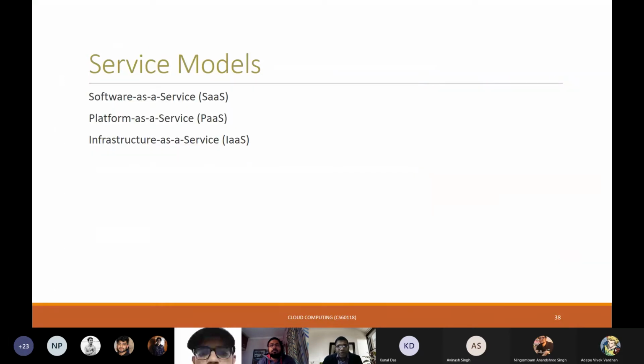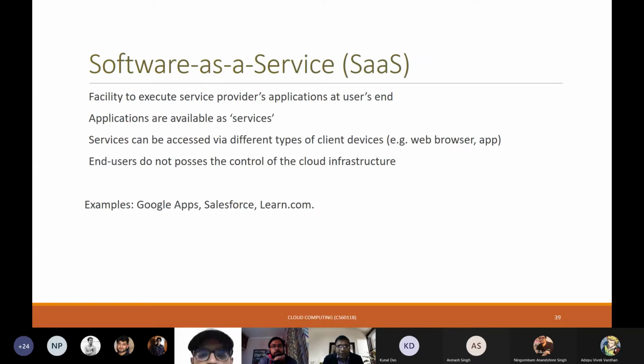So going back, I was talking about the SaaS, PaaS, and IaaS, right? Software as a service, platform as a service, and infrastructure as a service. We will take up one by one, and we will try to understand a little bit further about what these things are